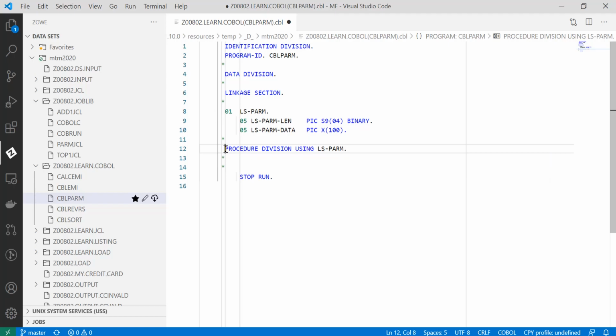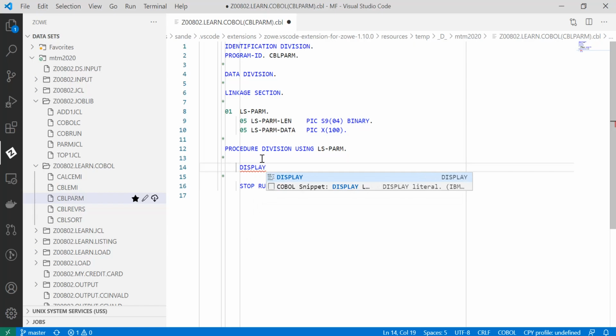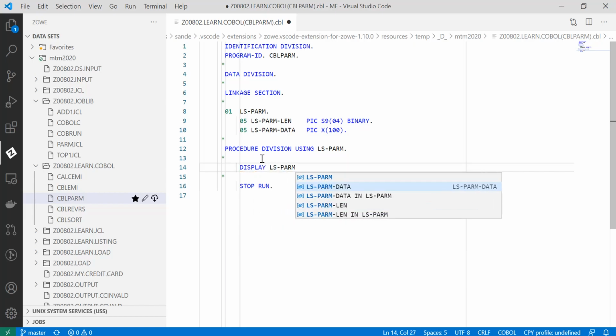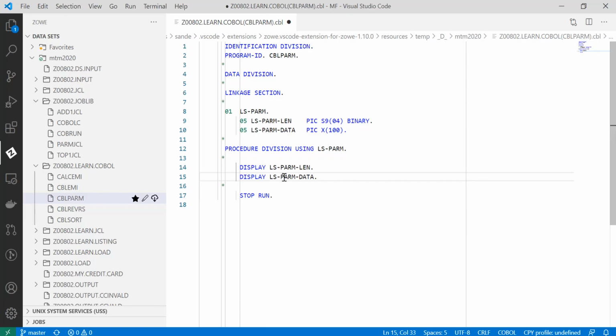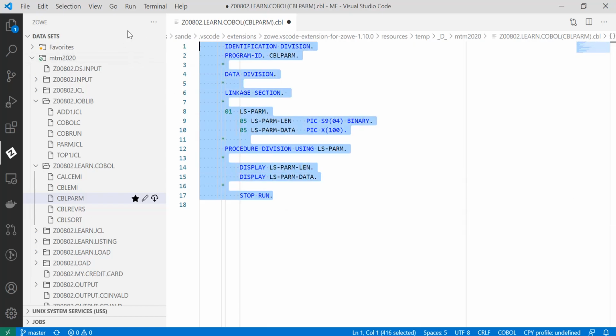So the procedure division now knows that we are using a linkage section with a data structure of LS-PARM. To view the output on the spool, we'll add a display of the length value of that string, a display of the data value of that string, and STOP RUN to stop the program execution.